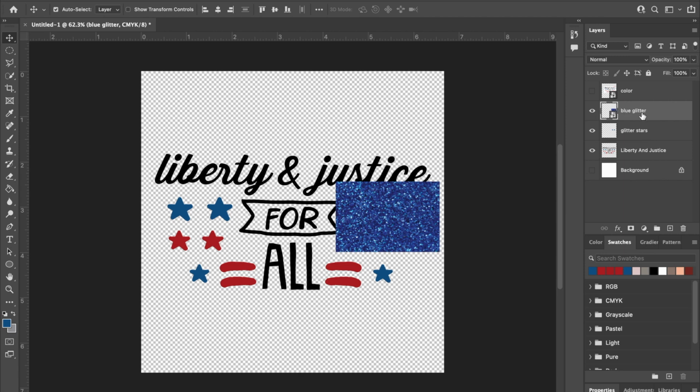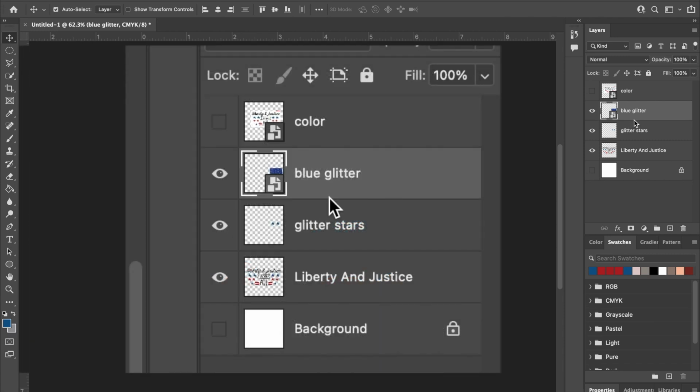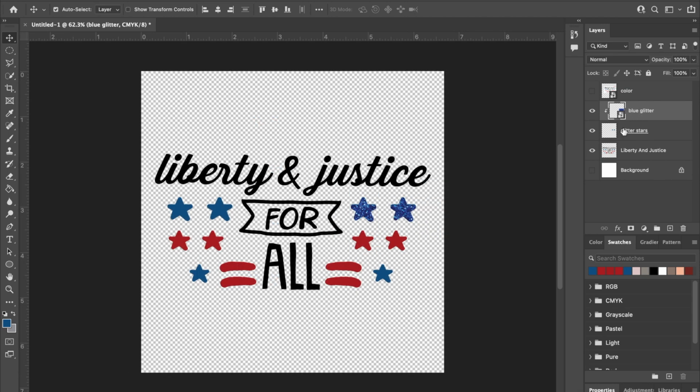This is the actual blue glitter, and I'm going to select blue glitter and hit the Option key on my keyboard and place my mouse right in between these two layers, until you see this icon, then you click it. And there you have blue stars. So if you were going to do sublimation or print on your DTF printer, this is how I put textures,